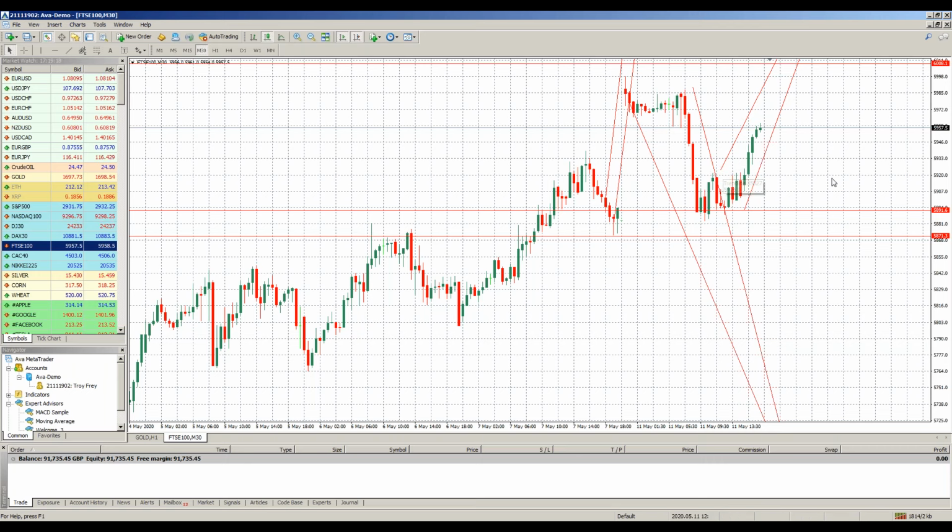Okay, so the question is, well, what do I do now? And I did say there are 3 ways to trade around a gap, right? So one was if it starts to fill the gap, you trade to fill the gap. That would have worked nicely this time. Obviously, it doesn't work out that great every time, but you don't need to win every time, right? Especially when you're limiting the risk and many times a larger potential profit. Now it went back up through the gap. Now the question is, what's the next move?